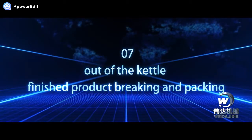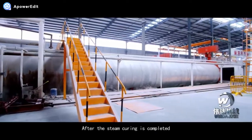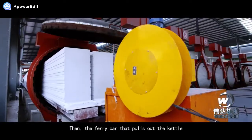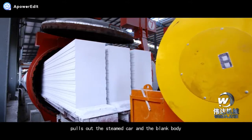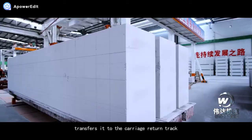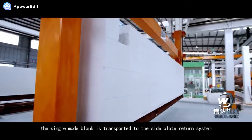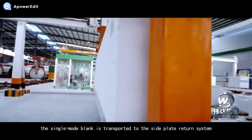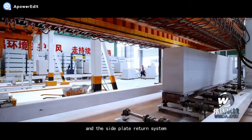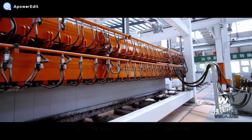7. Out of the kettle, finished product breaking and packing. After the steam curing is completed, the autoclave is first depressurized. Then, the ferry car that pulls out the kettle pulls out the steamed car and the blank body, transfers it to the carriage return track, and then transfers it to the unloading branch by the tractor position. The single mode blank is transported to the side plate return system by the product handling crane,